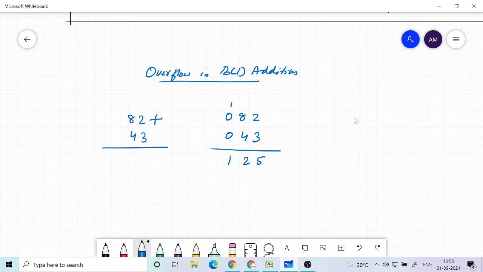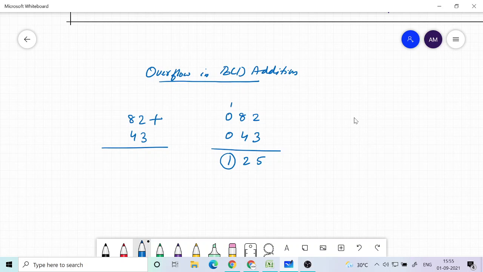Now here I got a 1, not 0. So 0 represents our sign, right? In this case we don't have a carry generated. This is a case of overflow for definite. If you try to interpret this result, what we got is 125.